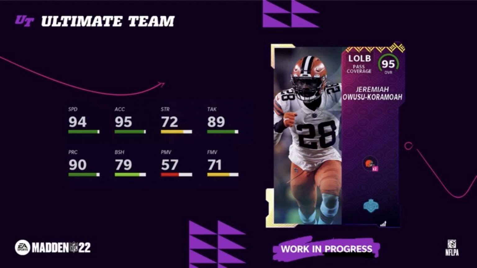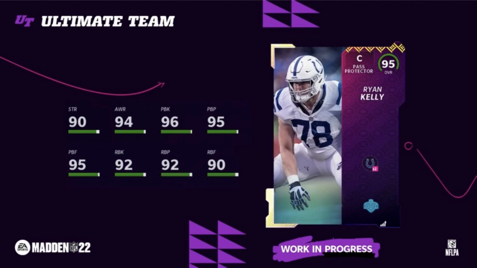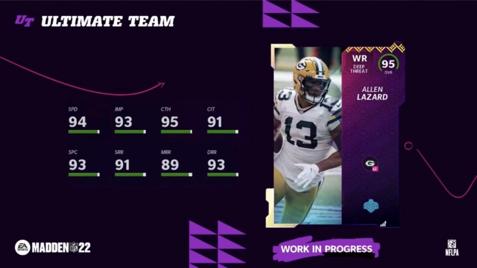They get either a ×2 or a dual chem. Now, they get ×2 if they were drafted by the team they're on and they're still on that team. So Ryan Kelly, for example, got drafted by the Colts. He is still on the Colts. He will get ×2 Colts chem. It's the same with Allen Lazard. I do believe if you power these guys up, they will get the ×2. Don't quote me on that, but if they are not on the same team they were drafted by,